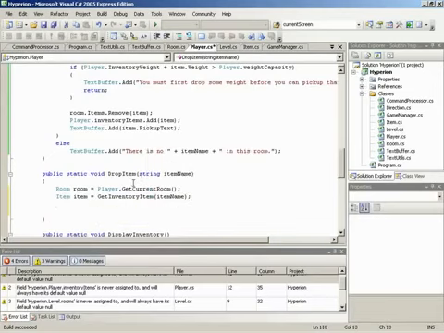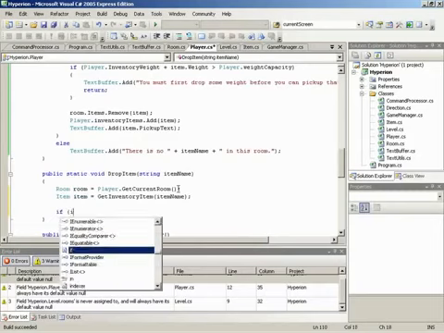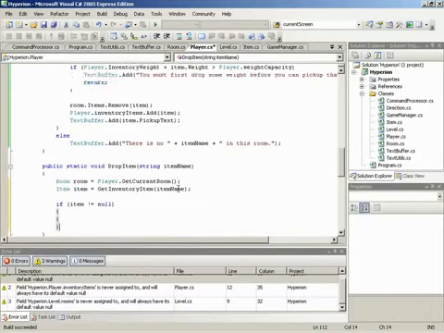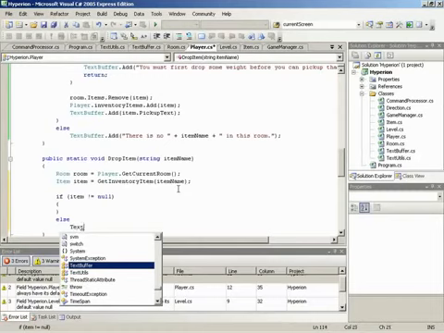And now we need to do a check, because get inventory item is going to look for the string held within item name. If it does find that item, it's going to return an item in the item variable. Otherwise, if it does not, it sends back null. Right. So again, we need to do a check for null. So we need to say if item does not equal null, then we have found the item and can do something with it. Otherwise, we need to alert the player to the fact that they don't have that item in their inventory. So we need to tell the player, something like